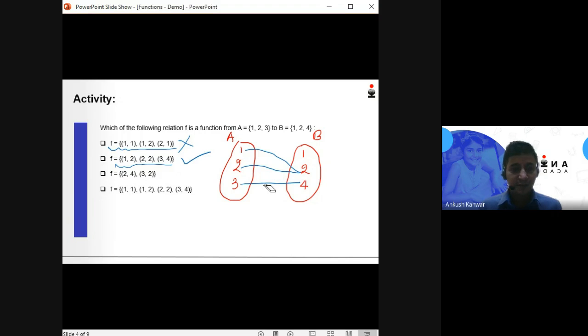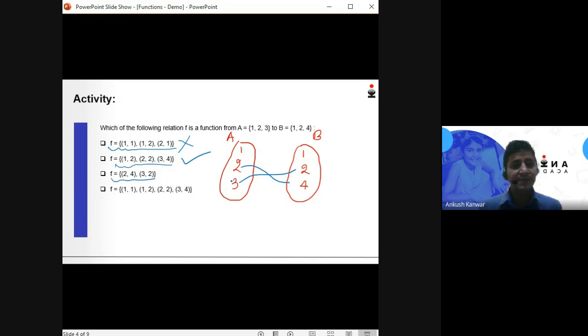Now let's check options 3 and 4. According to option 3, 2 is linked to 4, as the first element is 2 comma 4. The second element is 3 comma 2.